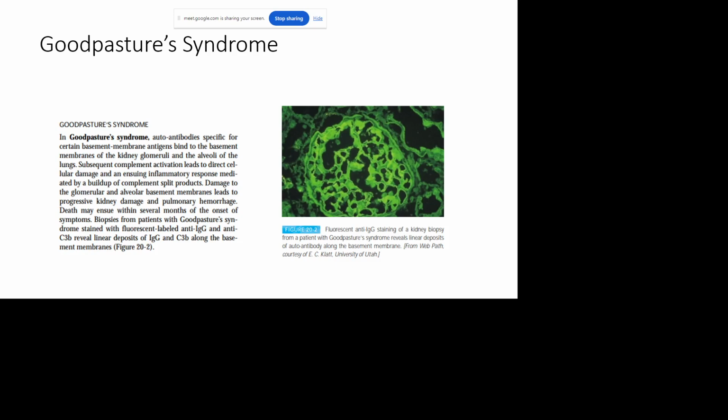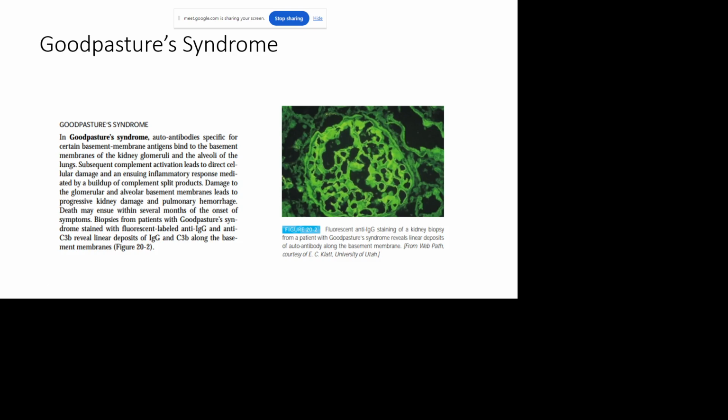So in this syndrome, the autoantibodies specific for certain basement membrane antigens bind to the basement membrane of the kidney glomeruli and the alveoli of the lungs, right? These are autoantibodies, generated by autoimmunity, so they will bind to the membrane of kidney glomeruli and lung alveoli. When they bind, then as we know,